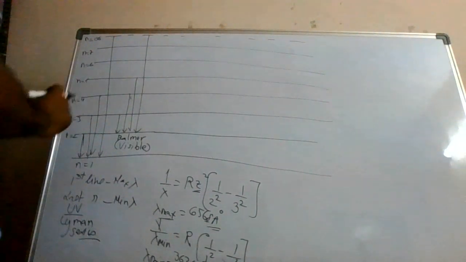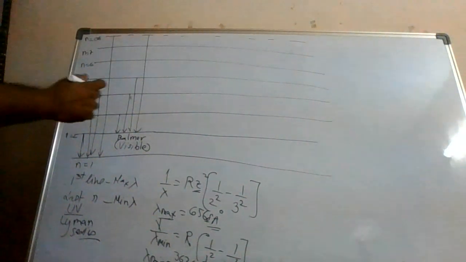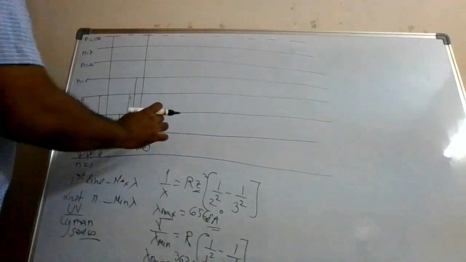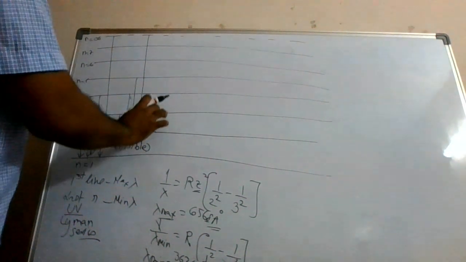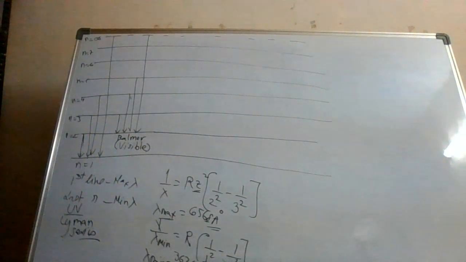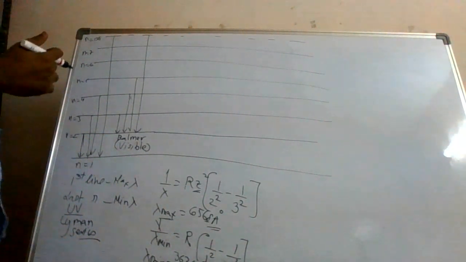So now let us move on further. Now n is equal to 1 you have covered, n is equal to 2 you have covered. Now the electron can jump from 4 to 3. See, the electron doesn't have to jump from 3 to 3. What is the requirement of an electron jumping from the third orbit to the third orbit? Only from a higher orbit to a lower orbit.